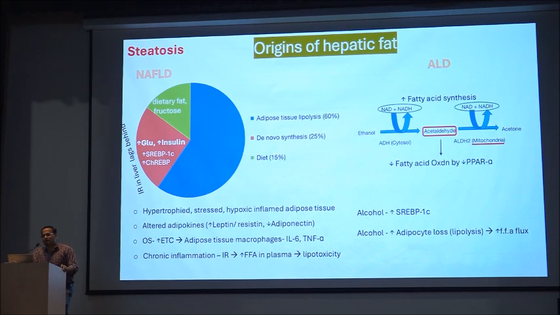Coming to alcoholic liver disease, de novo lipogenesis is the more common source of fat. That is because alcohol is metabolized into NADH, and increased NADH will lead to higher fatty acid synthesis. Additionally, acetaldehyde is also effective in decreasing the beta oxidation of fat, and alcohol also to some extent increases the sterol receptor and also causes some adipocyte loss in the periphery, leading to increased free fatty acid influx from the peripheral tissues. That is also seen, but the most common here is de novo fat synthesis.